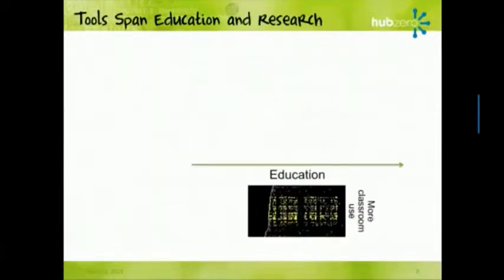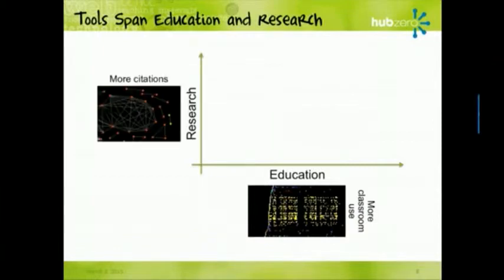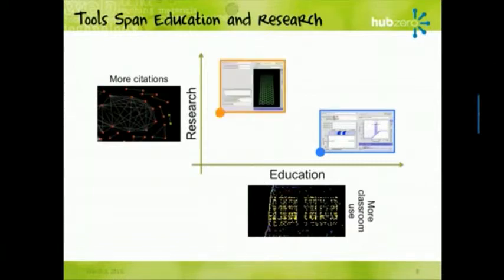All right, now the really interesting thing, I think, is when we take those two things and put them together. So I imagine if I could figure out for each tool how much it's used in education, and I put that on one axis. And imagine for each tool, I figure out how much it's being used in research, and I put that on another axis. Then I might have a tool, for example, that's being used a lot in education and a little bit in research, or another tool that's being used a little bit in education and a lot in research. And you can kind of see where tools sit in that space. You can, more importantly, follow them over time. So let me show you that.